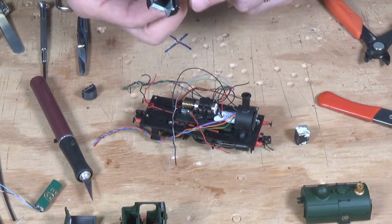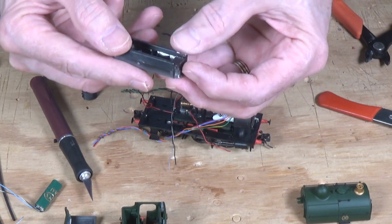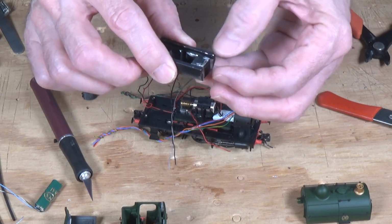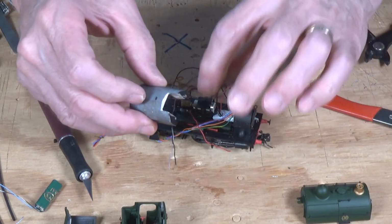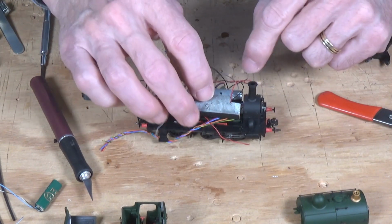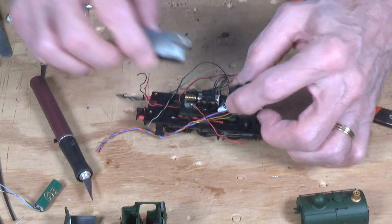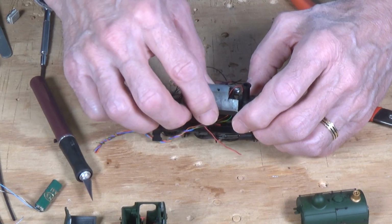What I found was that because of the way that this is designed, it did not have enough room for the decoder and speaker and everything, so I had to cut out this little chunk right here. And that provides just the amount of space that I need for everything to fit in there. So that gives me room for my little speaker to sit down in here. Be able to put that right in there, and it will sit right on top of the decoder,